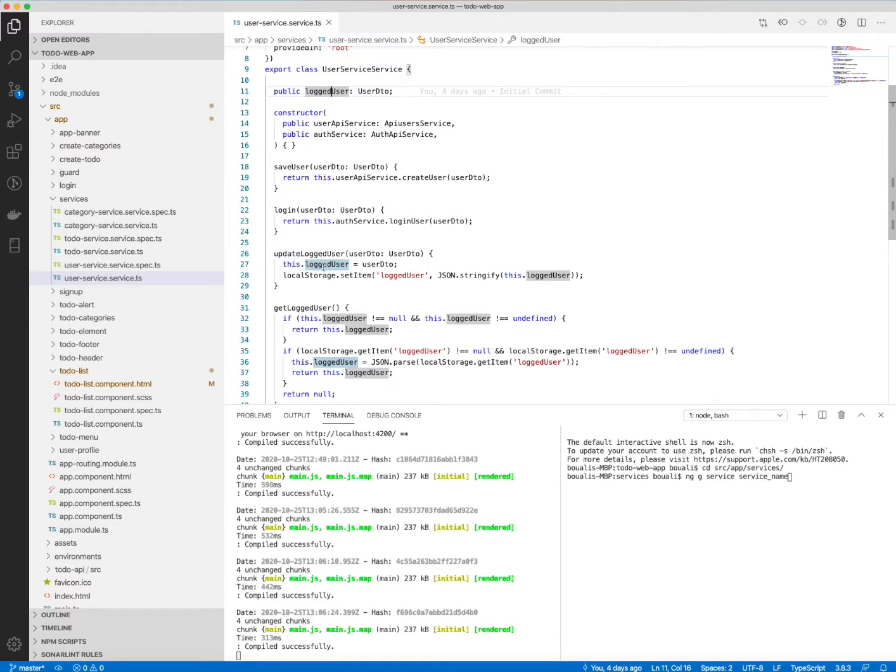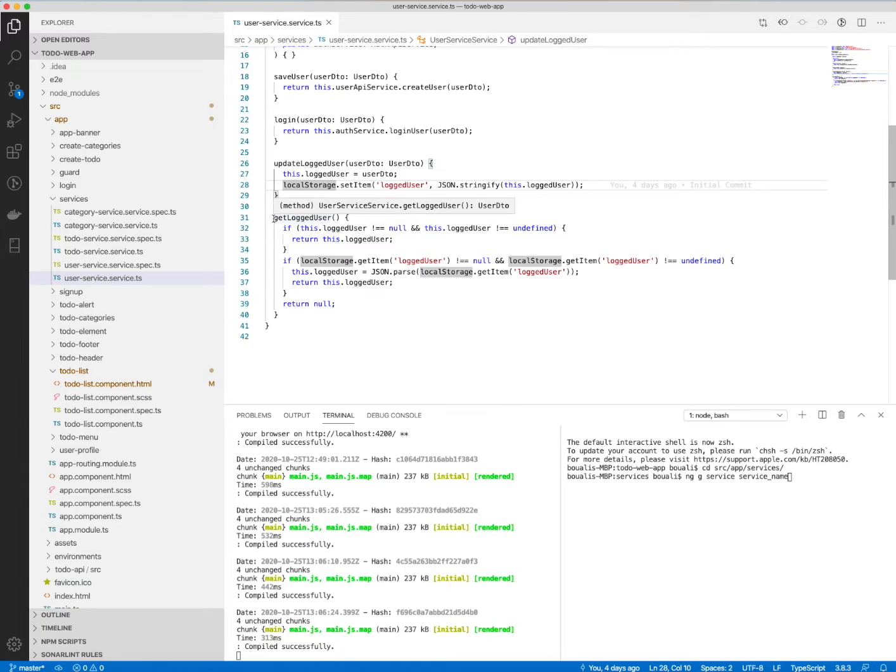When we want to update it, we update the logged user with the user received as a parameter, and also we need to update it in the local storage. Also, we have here a method called getLoggedUser. So what we do here is we try to get the logged user. If the logged user is not null and is not undefined, we return the user.